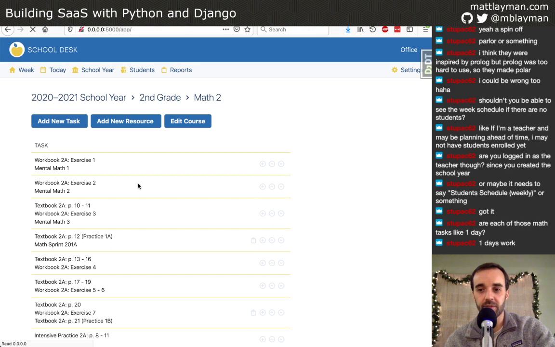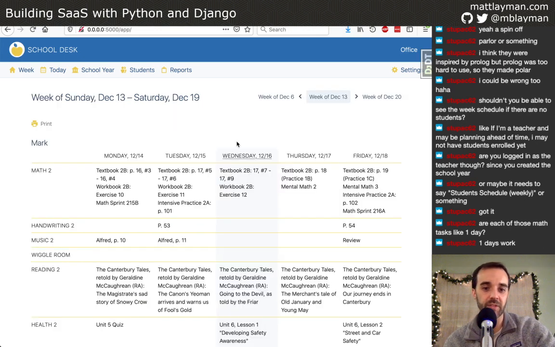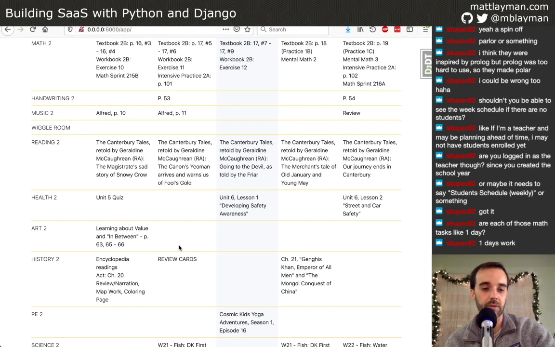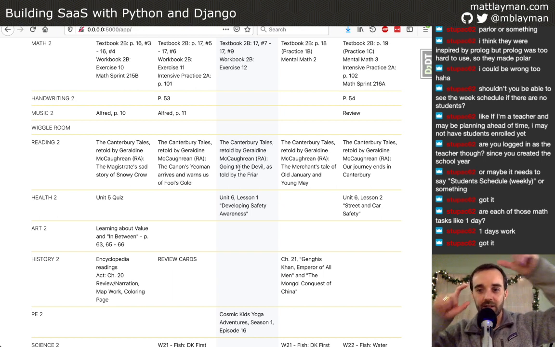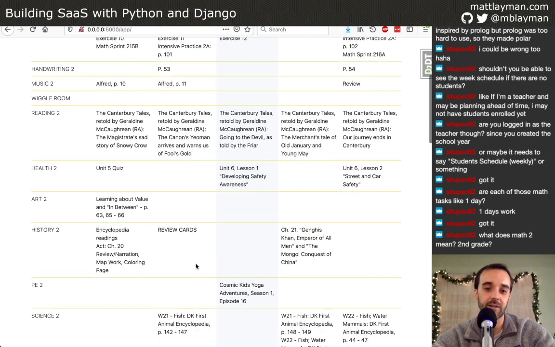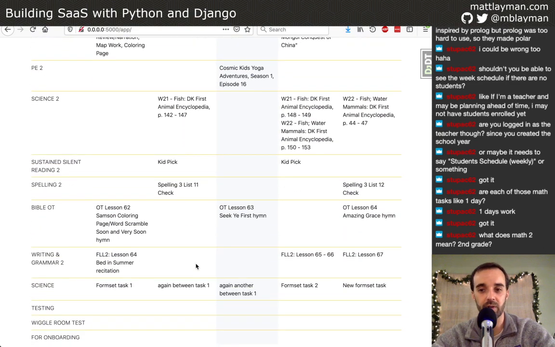Yeah, each of those math tasks is meant to be representative of a single day's worth of work, because each one will show up on the grid here as what you're doing for the day. Yeah, that's how it's designed so far. You could get pretty crazy about it and say, I'm going to budget an hour of math a day, and then I have 2 tasks, each 30 minutes, and you could schedule that and get 2 tasks in a slot. And we just decided, between my wife and I,